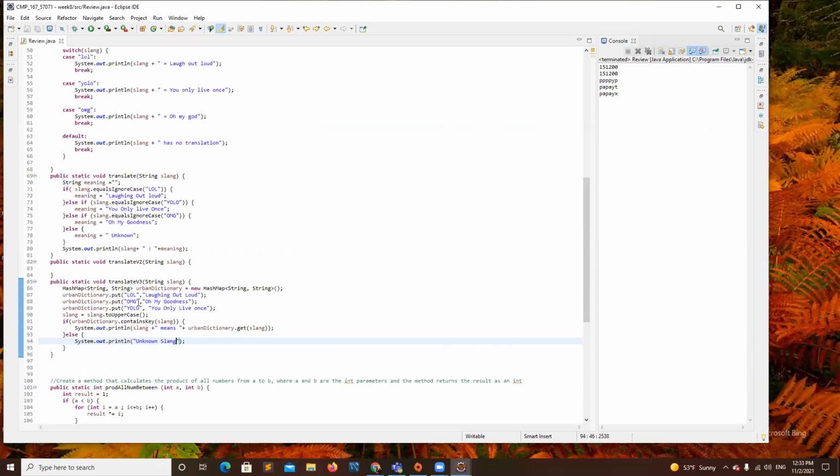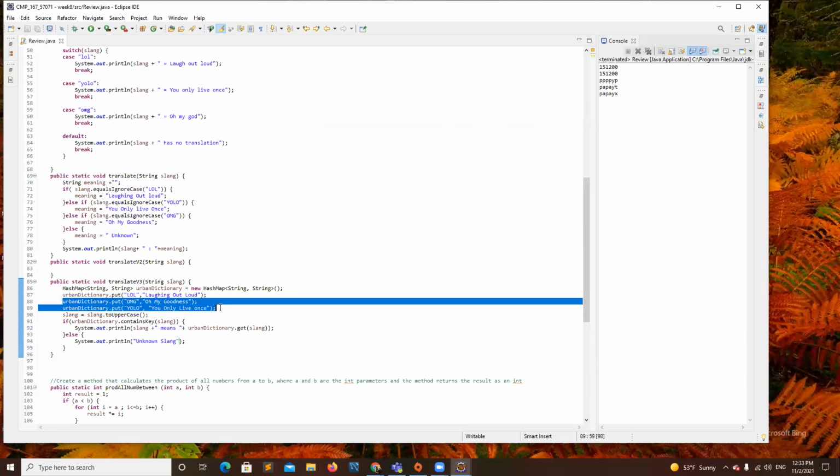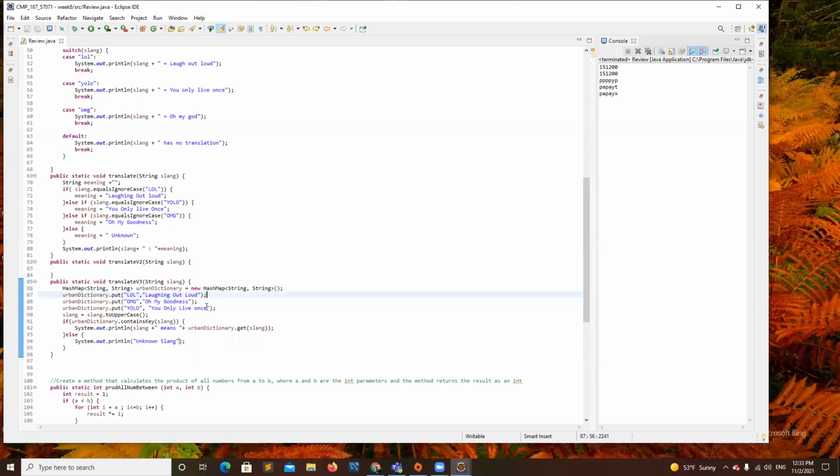Okay, guys? So this is one way, and this is a good way to do it by using a dictionary. If you want, you can also not have to have multiple lines to add all of them. You can add them all at once. But for now, I just added one by one so you can see the process of adding to a dictionary, to a hash map. So this is version 3.